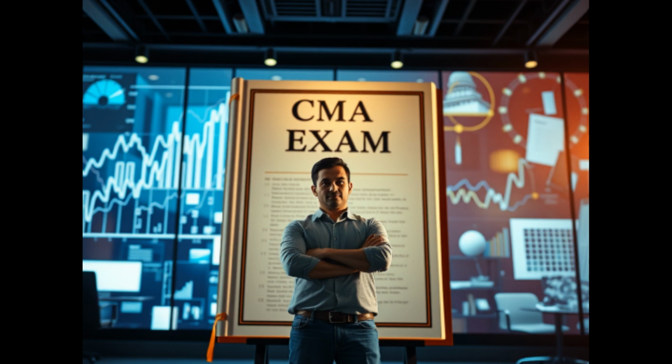Strategic question analysis. Develop a systematic approach to analyzing multiple choice questions. First, read the entire question carefully, identifying keywords that indicate what's being asked. Then, attempt to solve the problem before looking at the answer choices to avoid being influenced by incorrect options. When reviewing practice questions, analyze both correct and incorrect answers to understand common pitfalls and strengthen your understanding of core